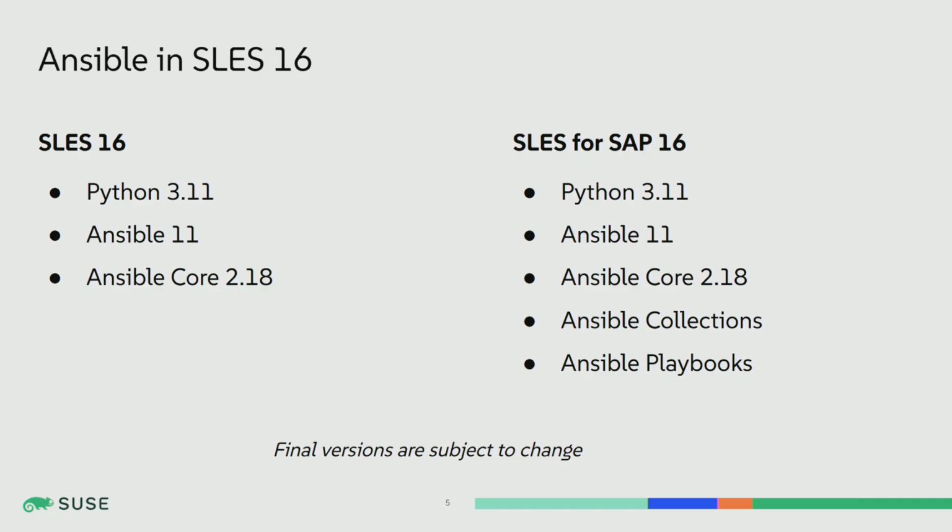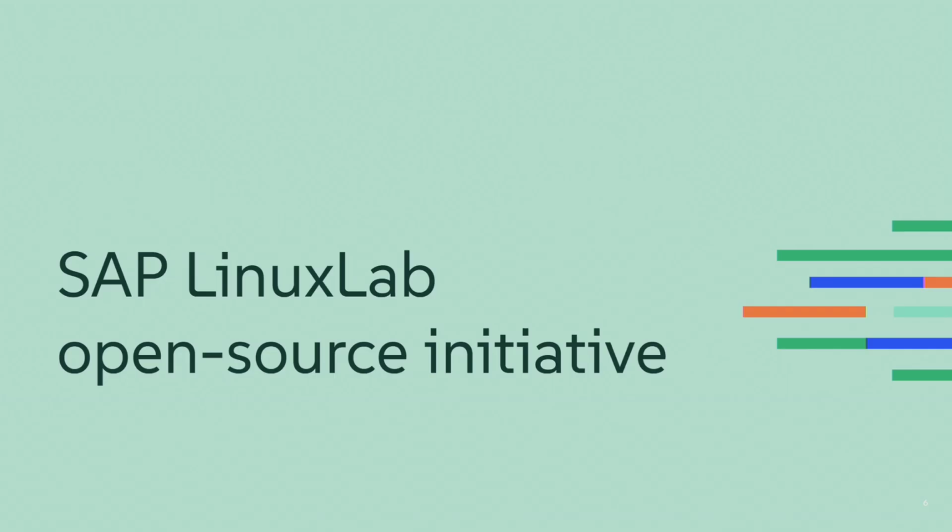There is a stark difference here between both sides, as you can see, because for SLES for SAP, we are shipping it also with automations. SLES 16 will get the tooling, but SLES for SAP is getting the automations themselves. Because as you know, SLES 16 is not validated, certified, and supported for running SAP or SAP with high availability. So this is all tied to SLES for SAP, and the same goes for the automations. Okay. So that was a small description of what's coming in those versions.